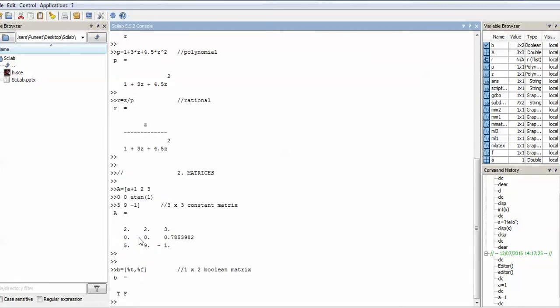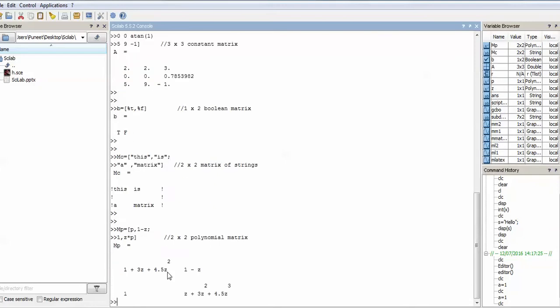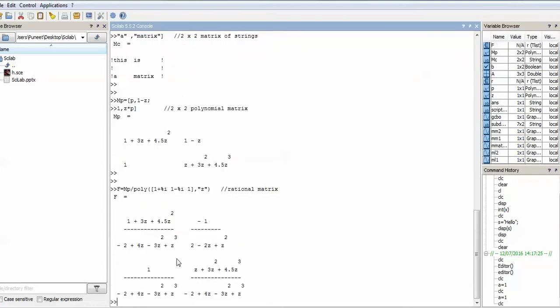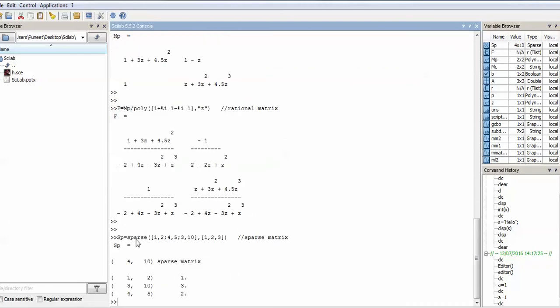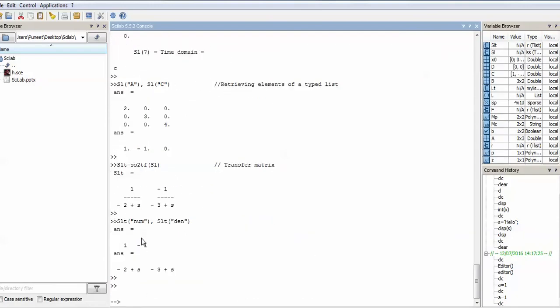You can see that several things are available here which you can easily see, and this is, you can say, the rational matrix. This is one rational, this is the second rational, third, fourth, and so on. Go on entering. You will see that the sparse command is the same as matrices. You can find several things.